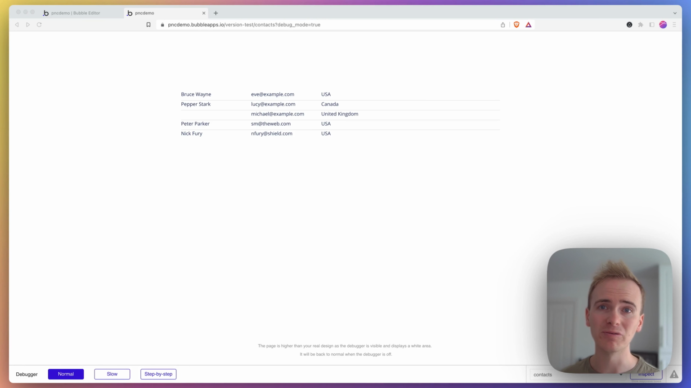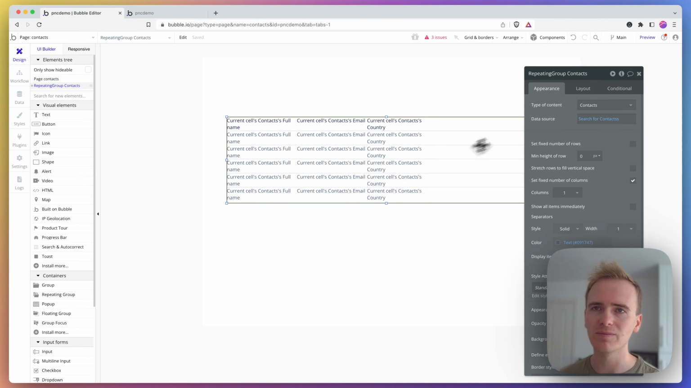In this Bubble tutorial video, I'm going to be demonstrating how you can improve the UI design of a repeating group that you're using as a table element in Bubble. And the tip I'm going to show you is how to add in a nice uniform gap in between each row in your table. So I've got my repeating group here and it's set up to show a list of